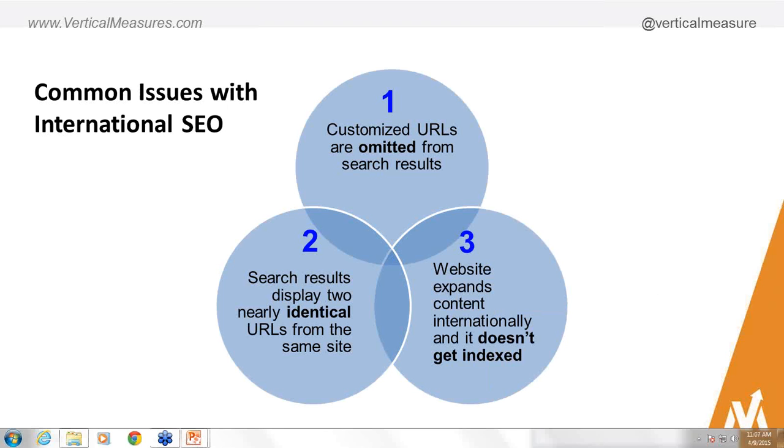So there are a number of international SEO issues that the hreflang tag can help resolve. One, search engine users of a particular country or language preference may not be shown the correct language version of your website if variations do currently exist, therefore making the results less relevant, which can lead to a host of other website issues such as higher bounce rate, lower time on site, etc. Another common international SEO issue is when the search results show two nearly identical URLs from the same website, which is confusing to users, but also a sign that the search engine is confused too. Confusing a search engine is a bad SEO strategy.